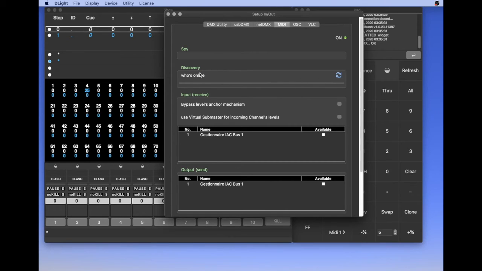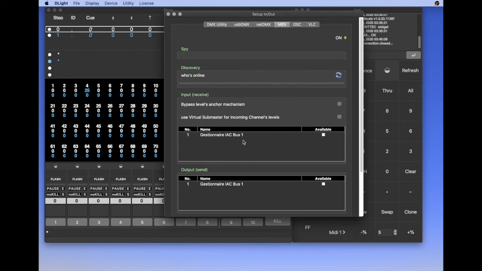Yes. With this button I will list the MIDI interfaces that are available. So I unplug the USB and I plug in my MIDI controller.